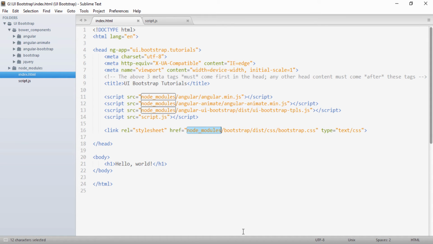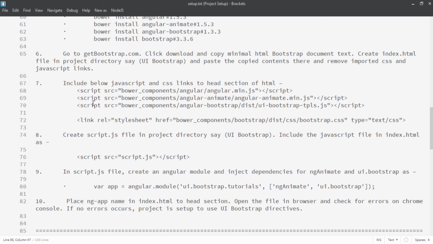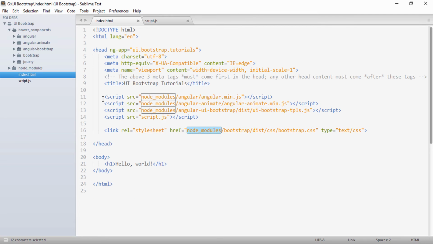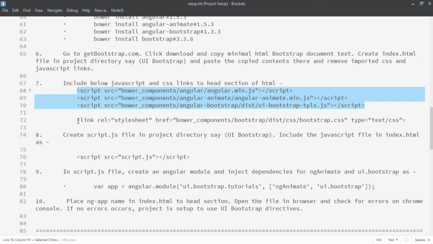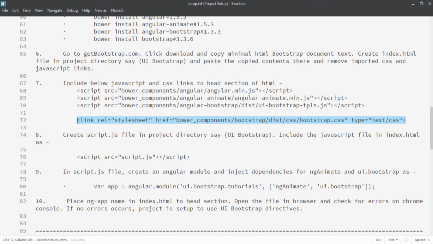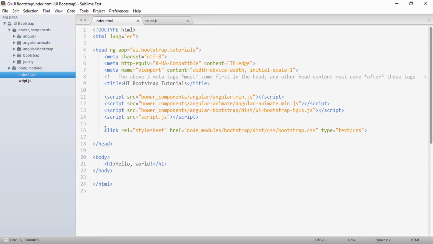I will copy it from here, and also the CSS link. If I save the file and go to the browser,